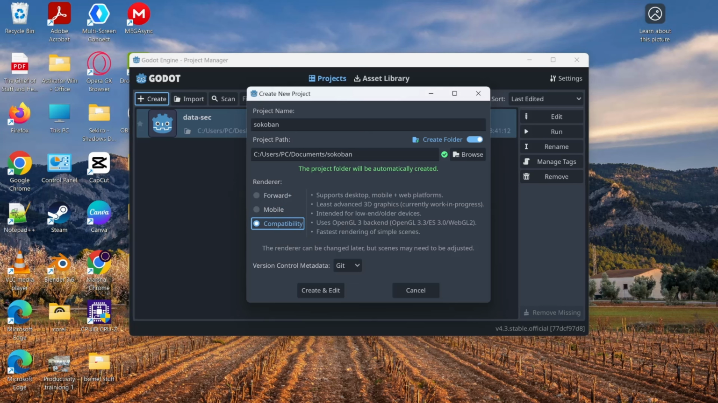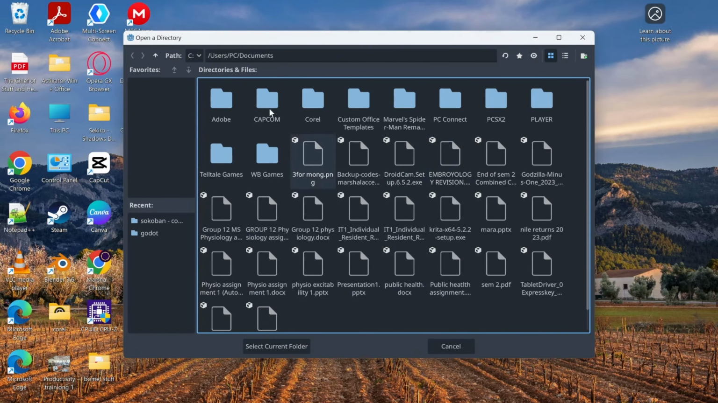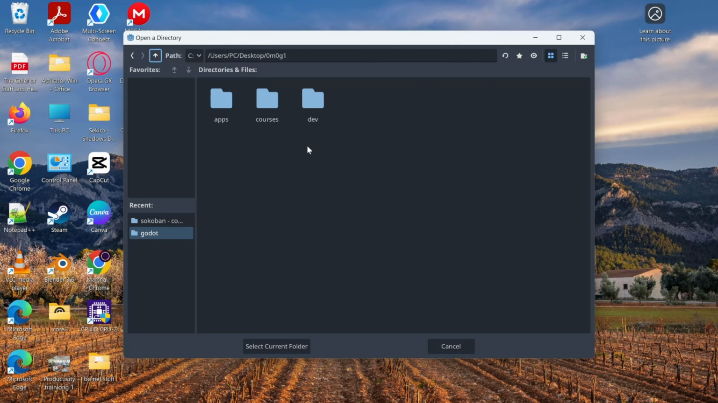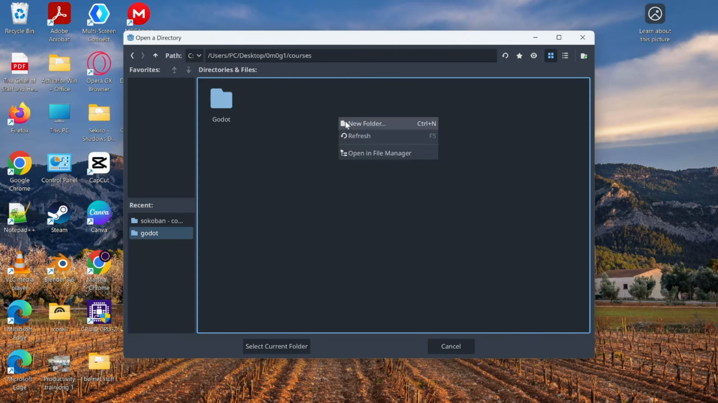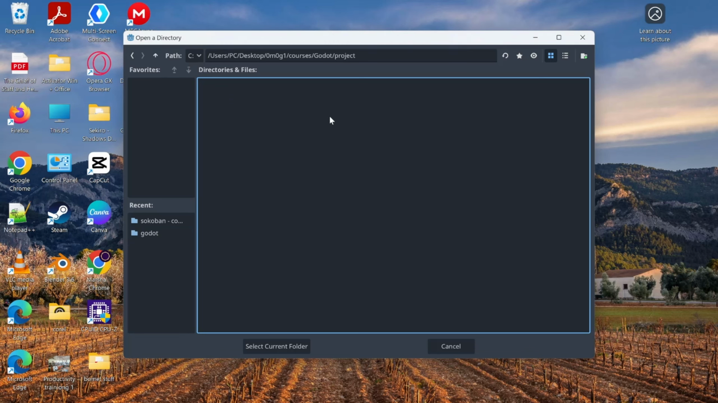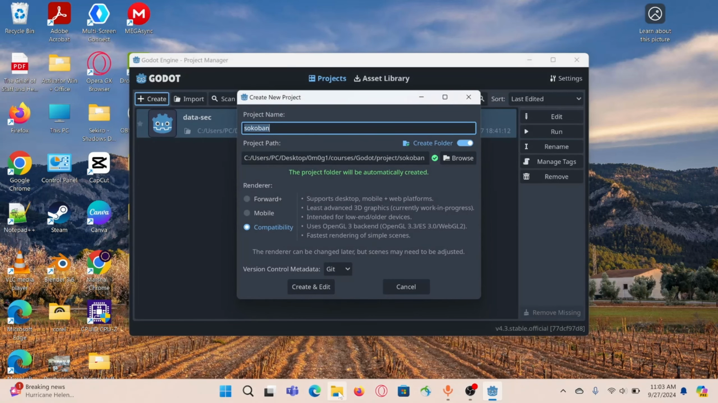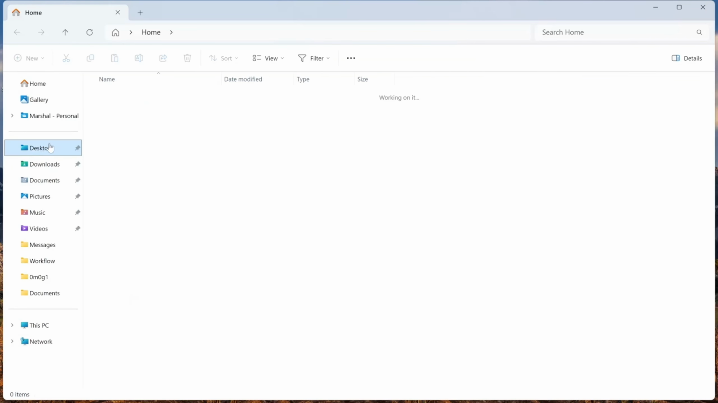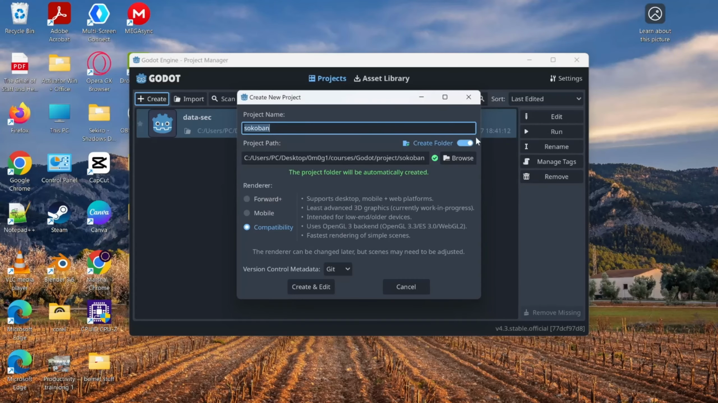So I'll just go over here to project path, and then I am going to look for the folder which I want to store my project. So for me it will be in courses, Godot, then new folder, and then I'll just call this project. But you can use any folder you'd like where you want to store your project in. So I'm just going to press select current folder, and if we go to that folder through our file manager for our device, so mine's in desktop, courses, Godot, project, you can see that for now it's currently empty, but when we press create and edit,